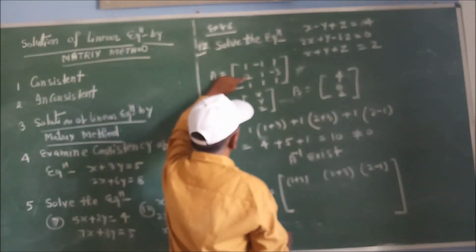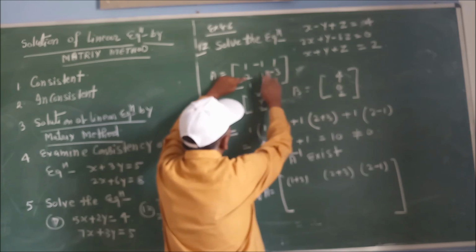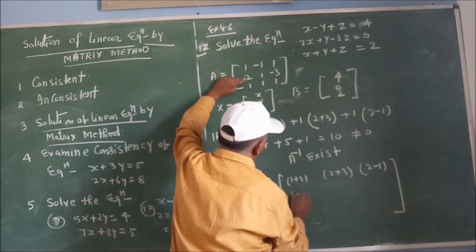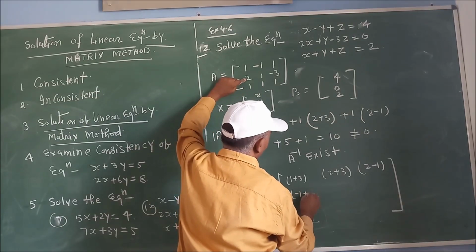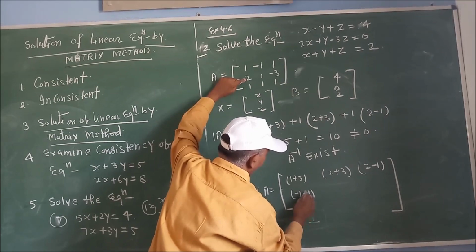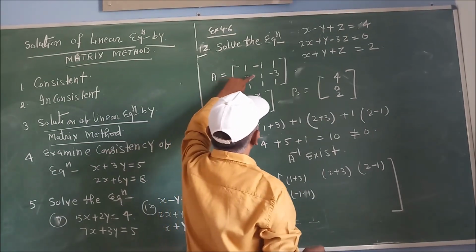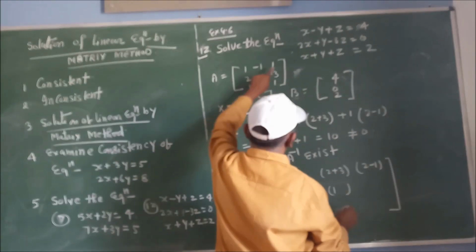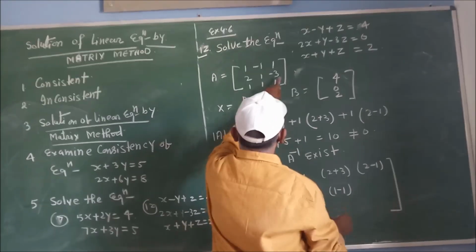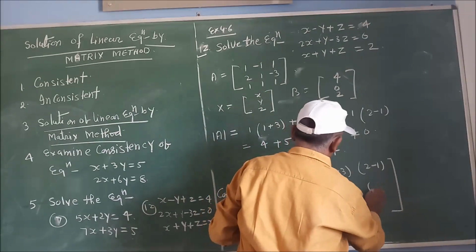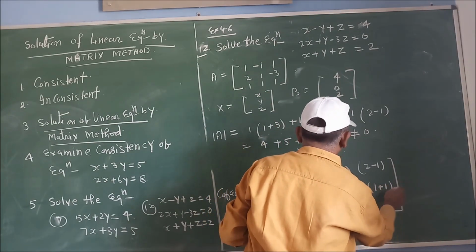And for the second term, cancel R2 and C1. So we will get 1 into 1, so we will get minus 1 minus 1. And for the next one we can write 1 into 1 minus 1 minus 1. And for minus 3, 1 or minus, plus 1 plus 1.